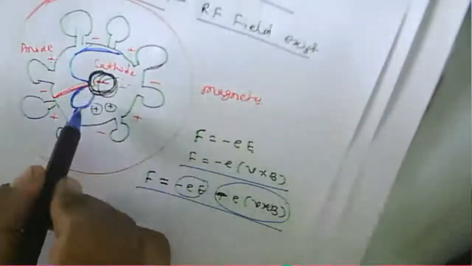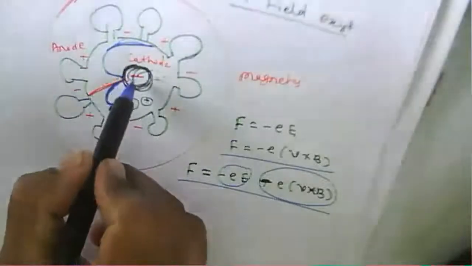Because electrons are moving, that motion of electrons is emitted from the cathode, and they will travel toward the anode. But with the electric field and a magnetic field present in a space, this is nothing but a space. Because of that space, there will be a resultant force applied to this particular electron.